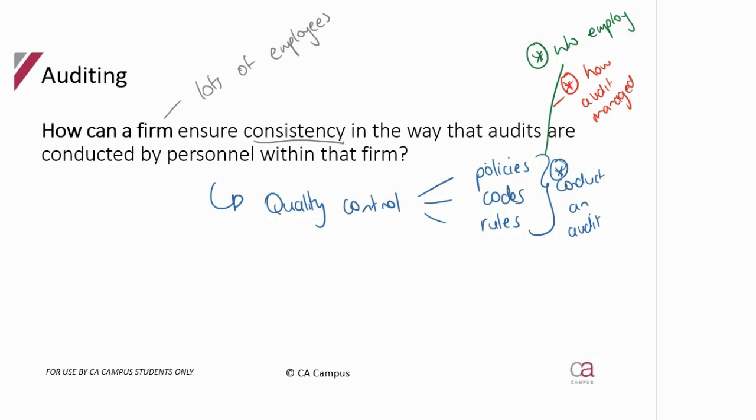And so this quality control that we are referring to is the new ISQM1 quality management standard, which requires that there are quality standards set in place for key areas within the business that require set processes or ways of addressing those areas.